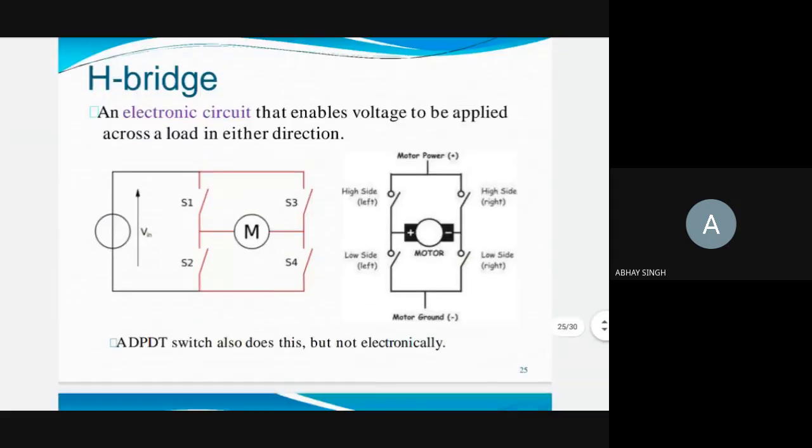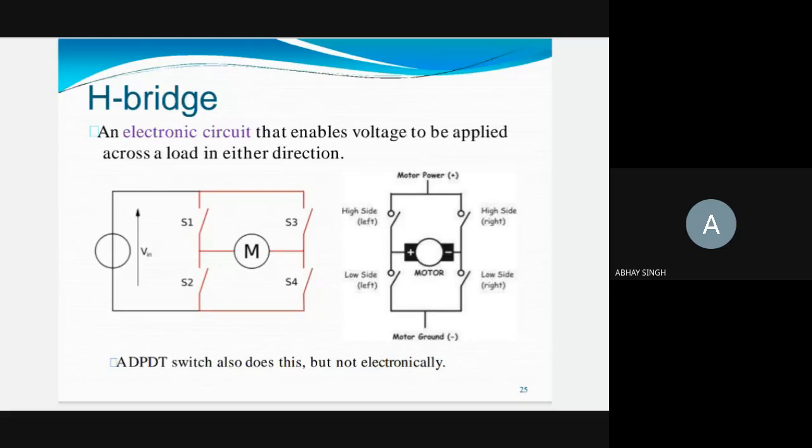Now this is the IC which can control the motor. We can see there are 4 switches. When S1 and S4 are on, the current passes from left to right, and the motor turns in the clockwise direction. When S1 and S4 are off and S3 and S2 are on, the current goes from right to left, so the motor turns in the anti-clockwise direction. By this switching, I can control the direction of the motor. This is the basics of robots, automation, automated cars, even electric cars. The direction of the motor can be changed using the current direction.